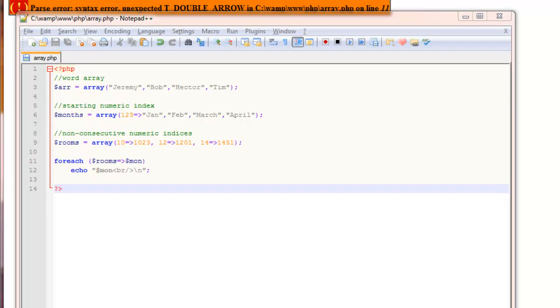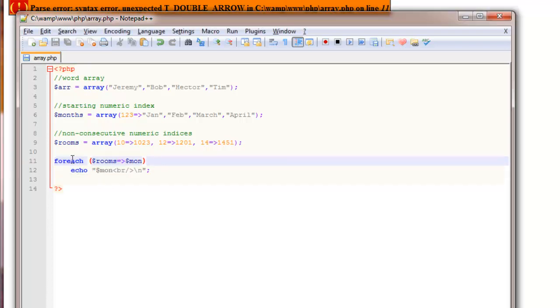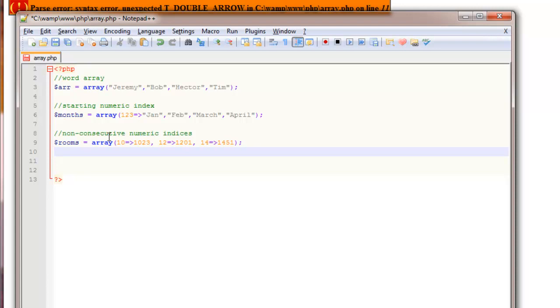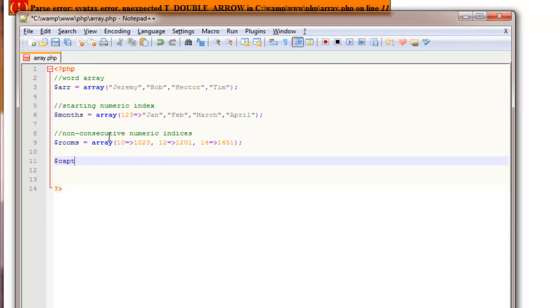So what we can do is say, like, an associative array. So let's screw this for now. Let's make a new array. I'll keep those for now. And what I'll do is I'll have one called capitals. And this array, like I said, we can have our indexes actually be strings. So I'll say